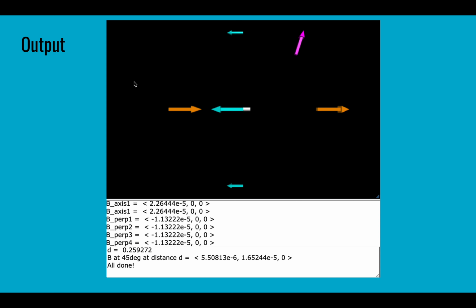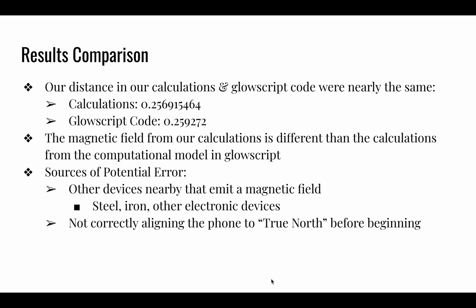You can see here this is illustrating the way that the arrows are pointing for the magnetic dipole moment and the field of the magnet. And then we can see that the d here is 0.259, as well as some other calculations here. So, results comparison. Our distance in our calculations and in GlowScript were nearly the same, as you can see right here,